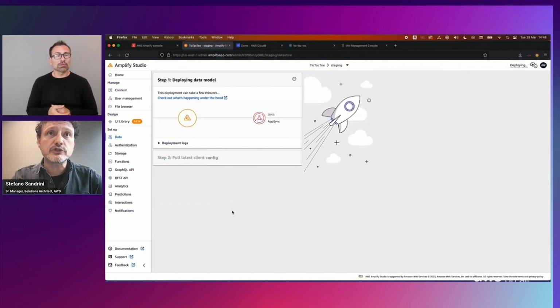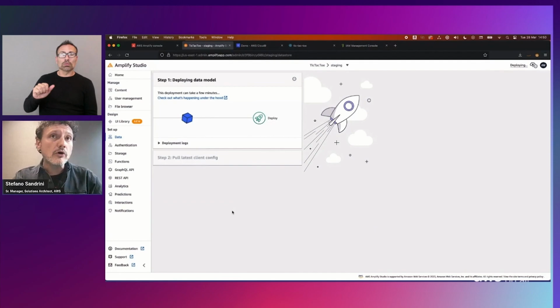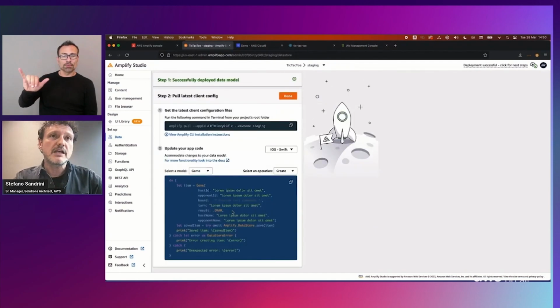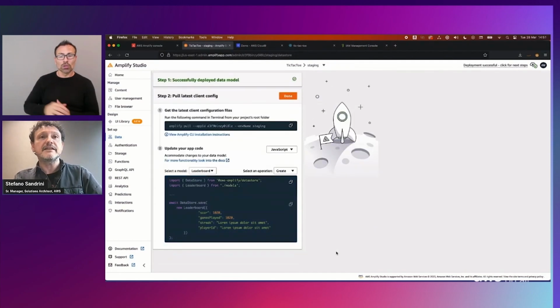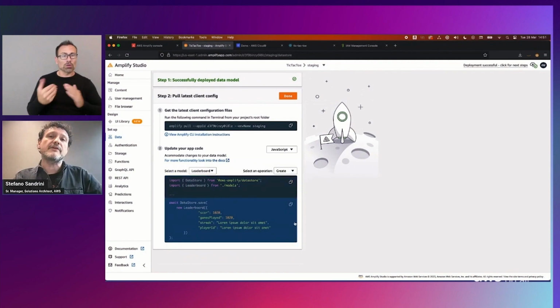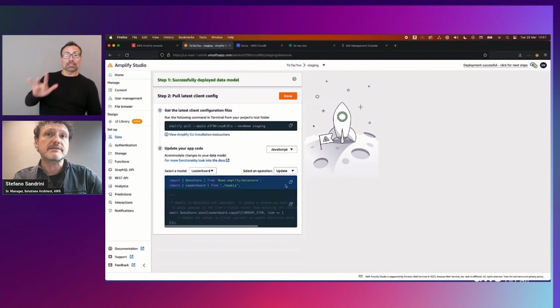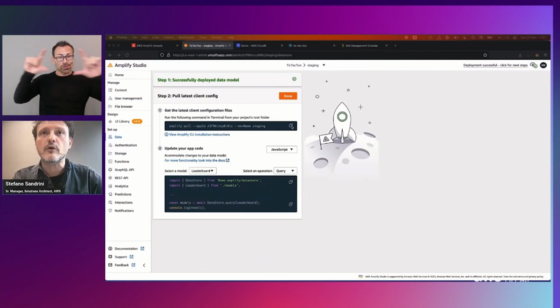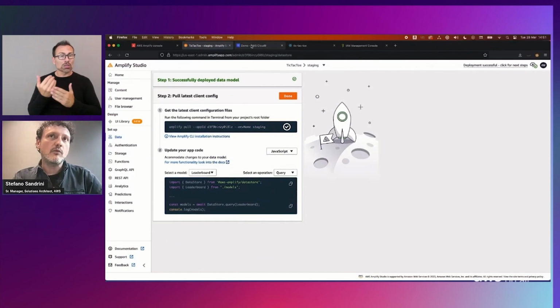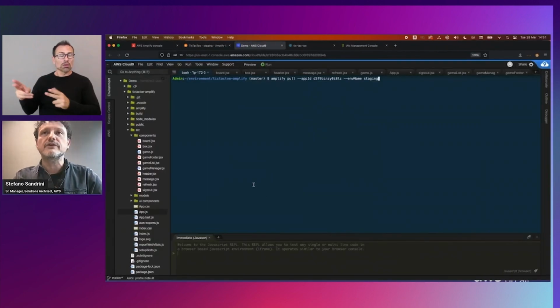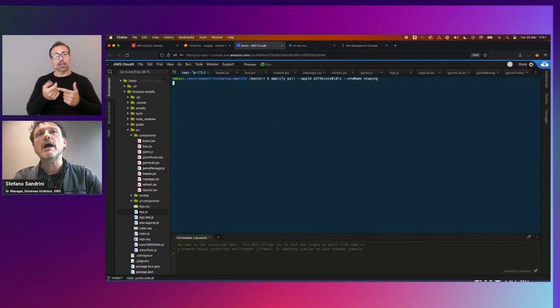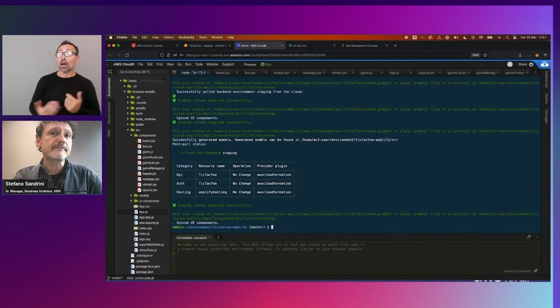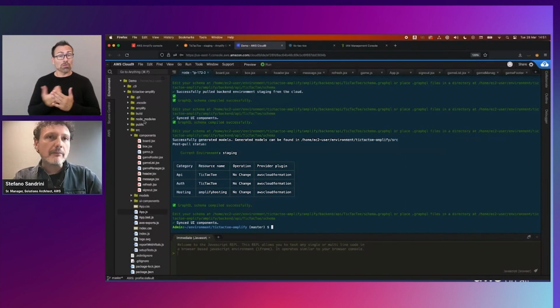We're going to deploy this new configuration again through Amplify Studio, basically new models and new operations. So now we can select the leaderboard model, and you see Amplify Studio provides us with new snippets: create, update, delete operations. Again, what we can do is pull this new configuration. We are downloading basically the new models. And if we publish changes